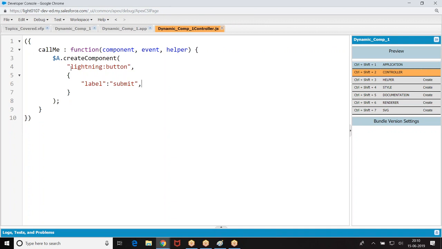Now, first one, name of the component. Second one, third parameter, what we have? Function. Your function is going to be component status.